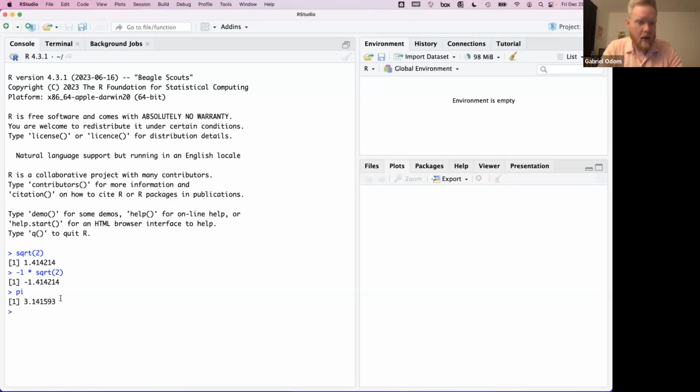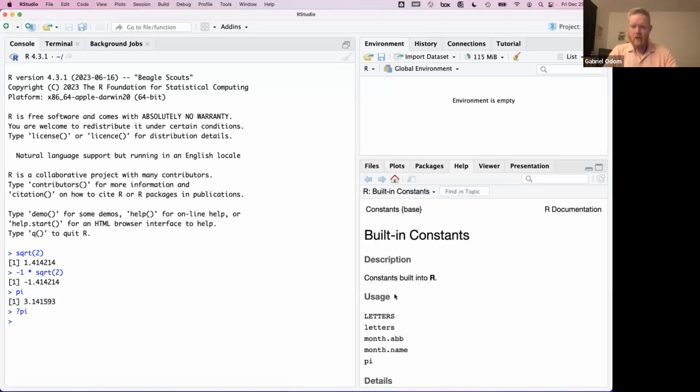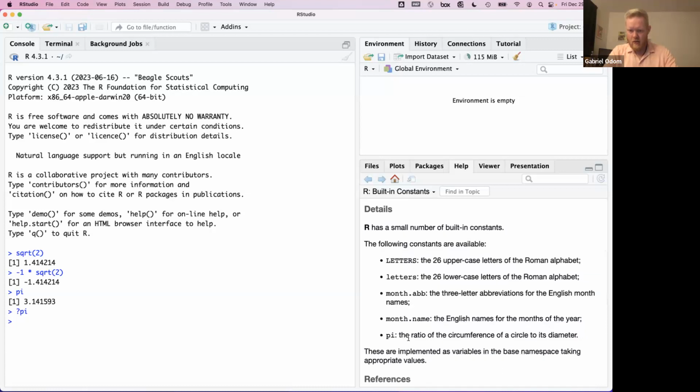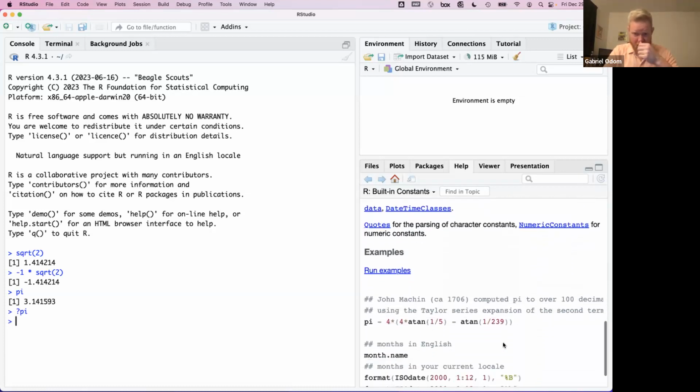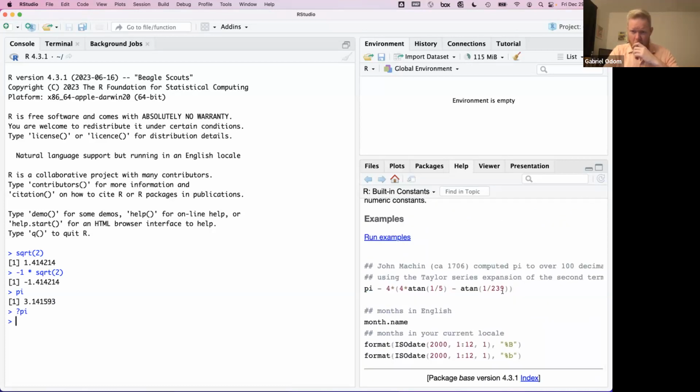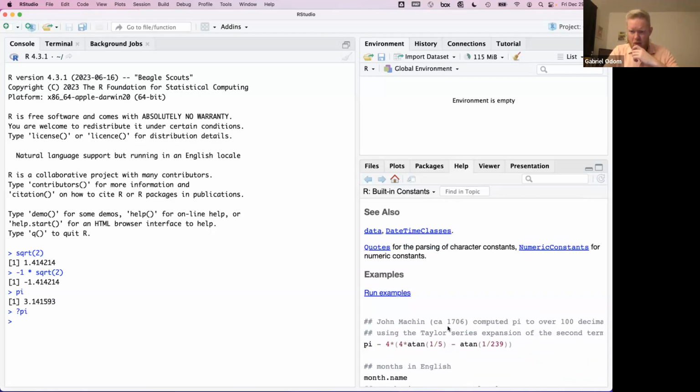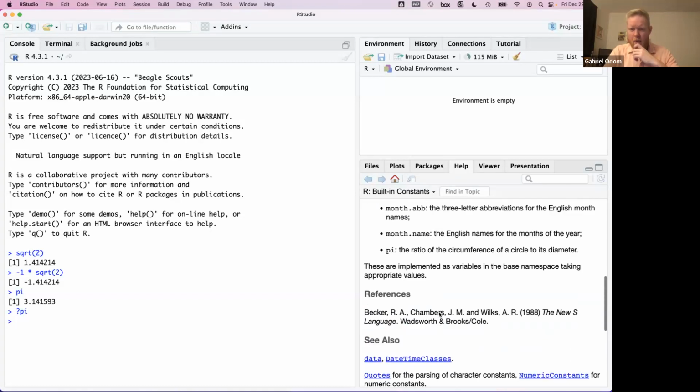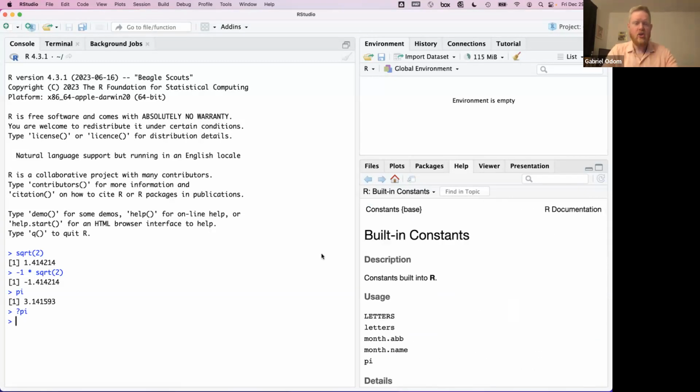Let's see what pi looks like. Yeah, again, similar story here. We've got 6 decimal places. Now, part of this is due to our rounding. R is going to round the number before it shows it to you, but the actual, let's see if I do question mark pi, these are built-in constants. Let's see the ratio of the circumference of a circle to its diameter, and does it tell me? It doesn't tell me, let's see. Yeah, I'm not sure how many decimal places R uses internally. You can probably find that out too, but I don't think we should care very much. Anyway, R is going to use a lot more than 6 decimal places,